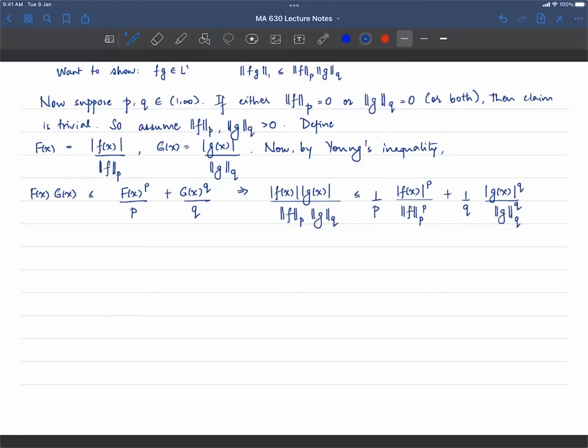All right, now what do I have? I have a function on the left side less than or equal to a function on the right side. We have non-negative measurable functions. If one is less than or equal to the other, the integrals are going to respect that relationship. So now you integrate. Actually, let me simplify this a little bit. Remember, |f(x)| times |g(x)| is just |fg|. So I'll have the integral of |f(x)g(x)|